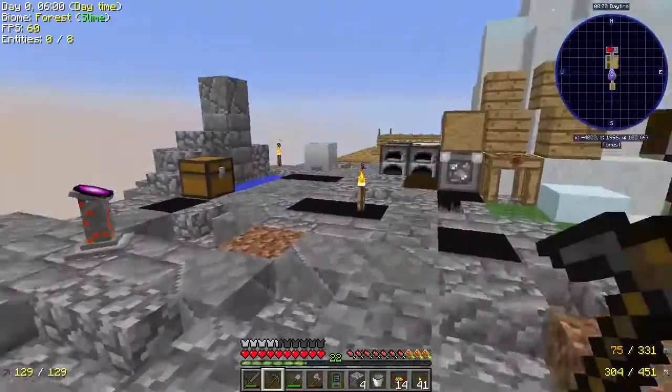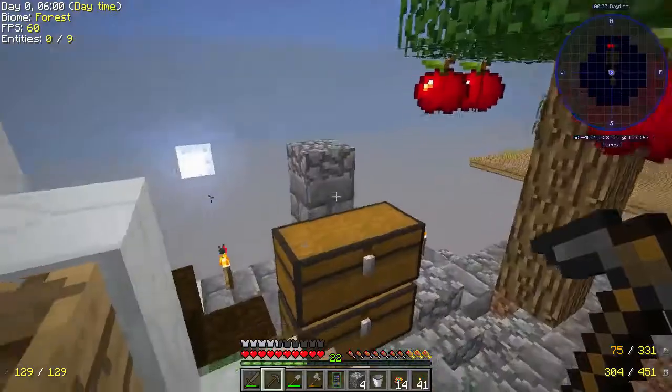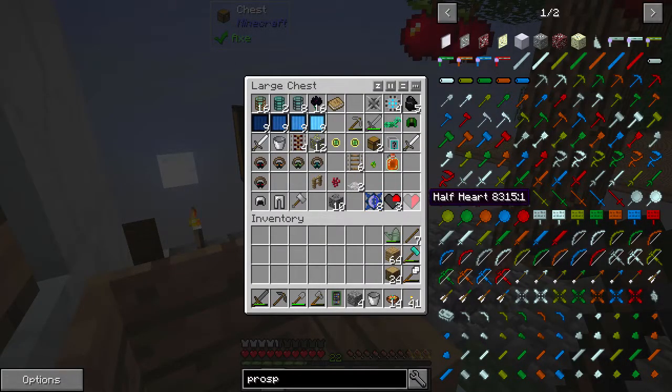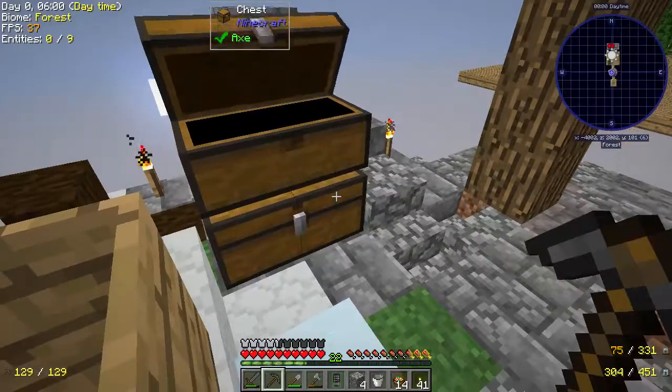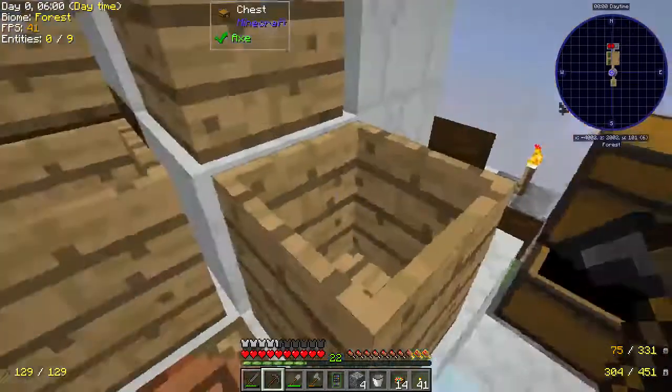But for now, we can't really do anything until we get some prosperity shards, and we can't get prosperity shards until we get endstone or netherrack or find the ore itself. So that is kind of a problem. But let's